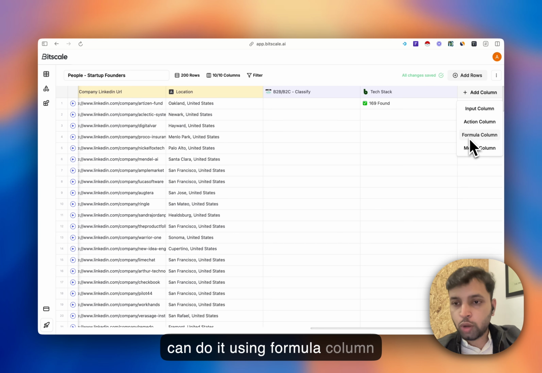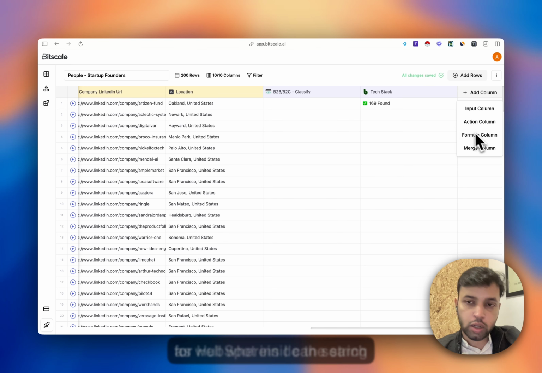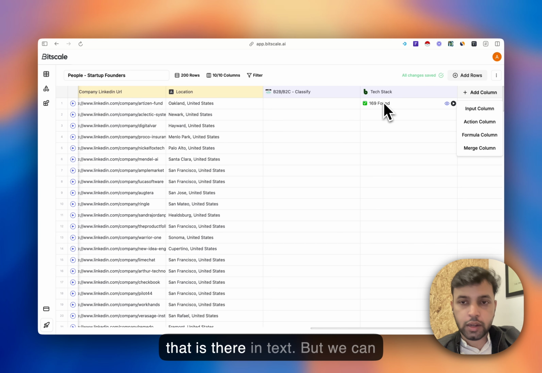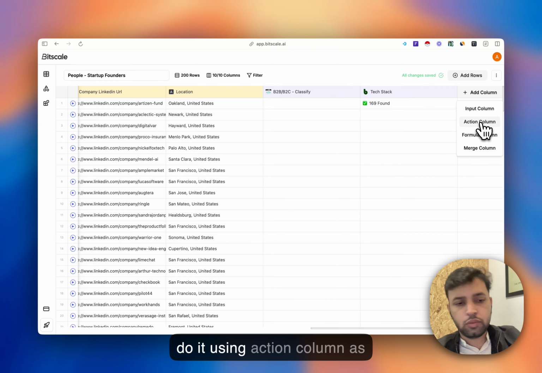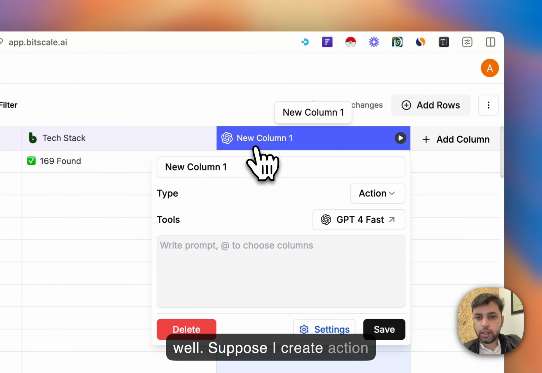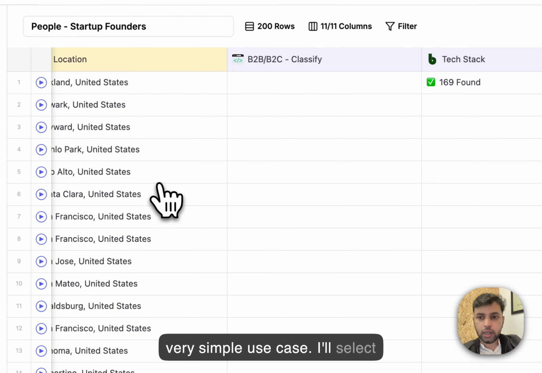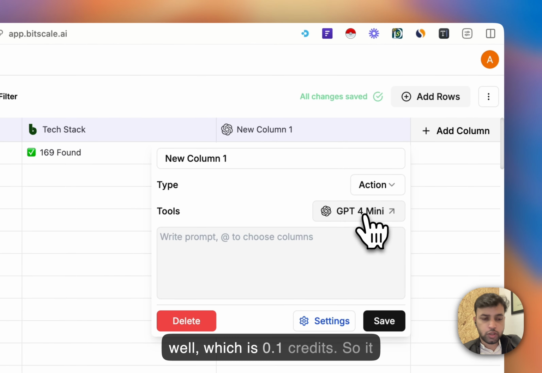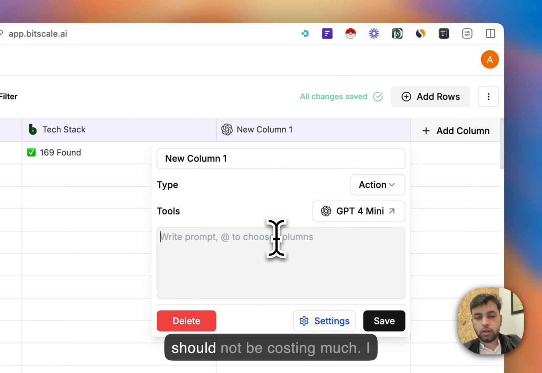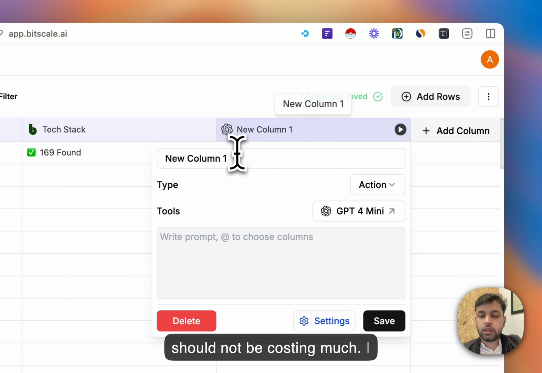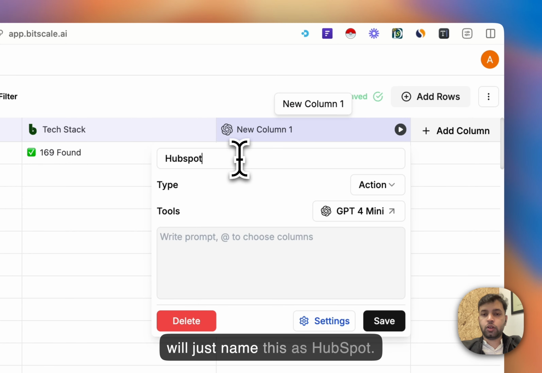I can do it using a formula column as well, wherein I can search for HubSpot inside the string that is there in the tech stack. But we can do it using an action column as well. Suppose I create an action column here, and I'll select the cheaper one, which is ChatGPT Mini, because it is a very simple use case. I'll select this, and it is a lot cheaper as well, which is 0.1 credit, so it should not be costing much. I'll just name this HubSpot